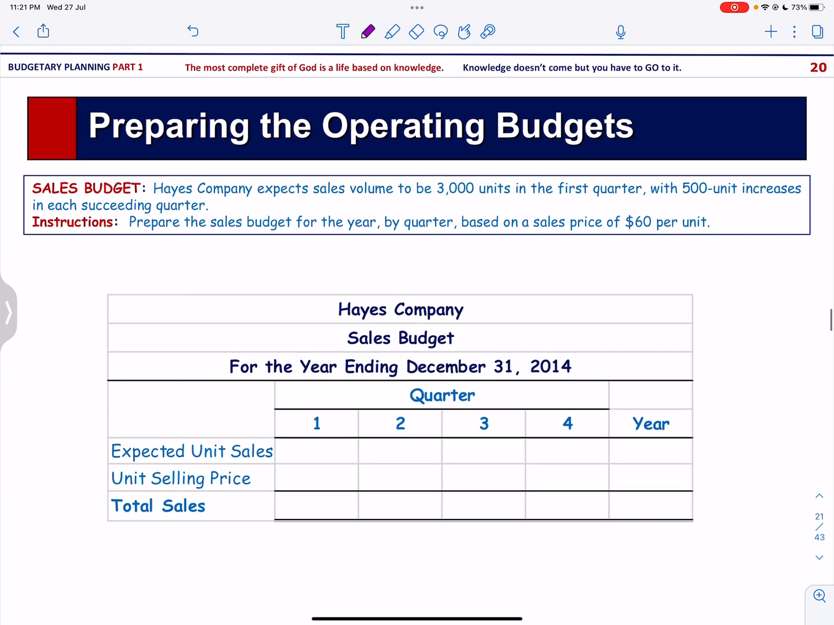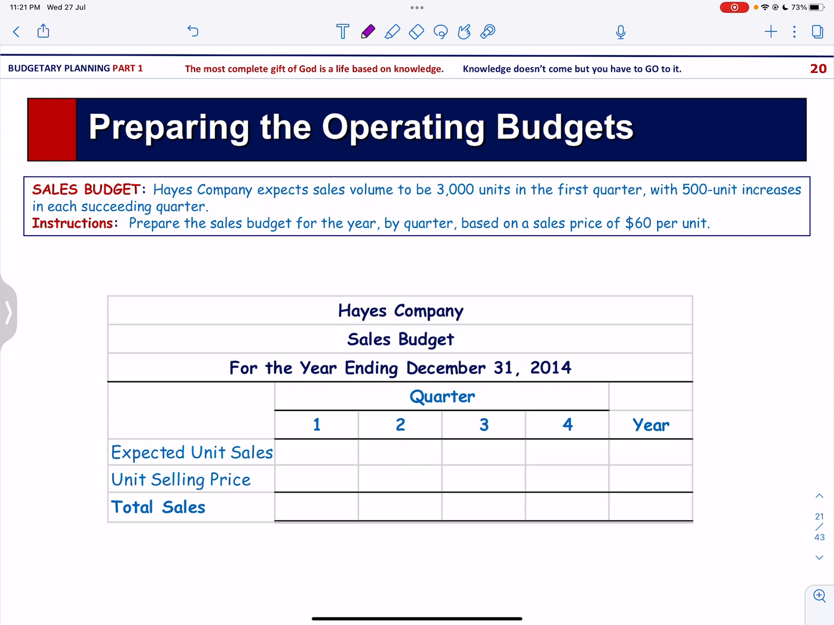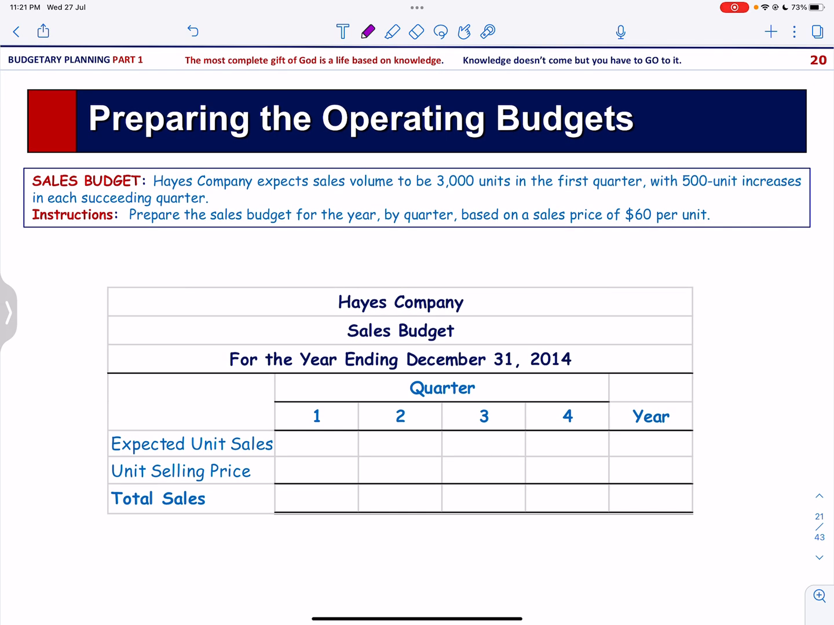regarding the sales budget. Now Hayes Company expects sales volume to be 3000 in the first quarter, with a 500 unit increase in each succeeding quarter. Prepare the sales budget for the year by quarter based on a sales price of 60 per unit. So the expected unit sales for the first quarter is 3000, and it is going to increase by 500 in each quarter. So it increases by 500,